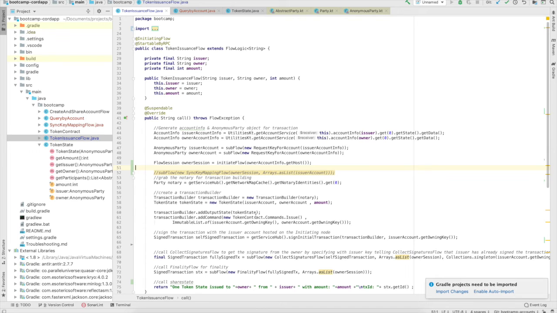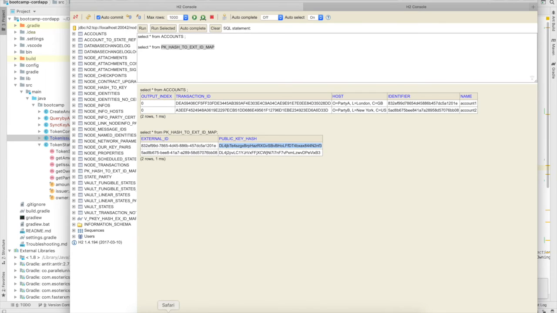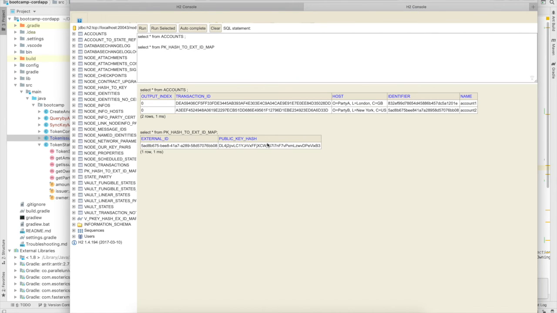Hence, party A is now actually aware of both the accounts, which is account 1 and account 2, and it saves the mapping of both these accounts on its database. But if you look at party B node, B is only aware of the owner's key and B is not aware of the issuer's key. So B is not aware of this particular mapping for account 1.